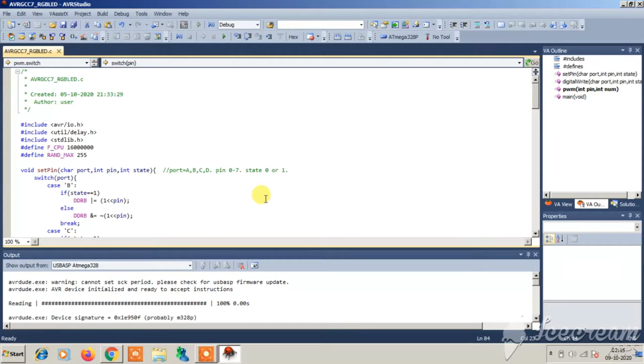In this video, we will be using an RGB LED with an ATmega328P microcontroller. We will be using AVR C code, not Arduino code. We will be using AVR C code to use the PWM feature of the microcontroller and to drive the RGB